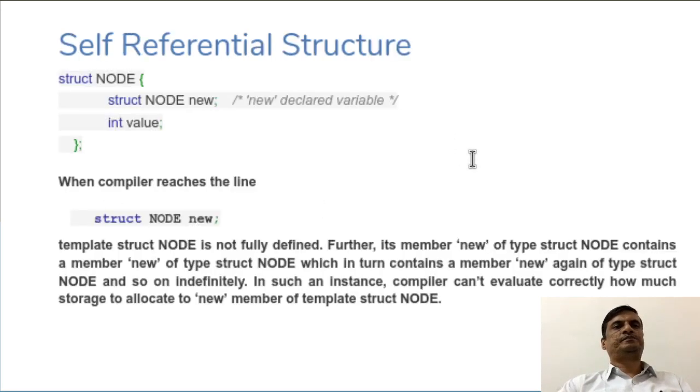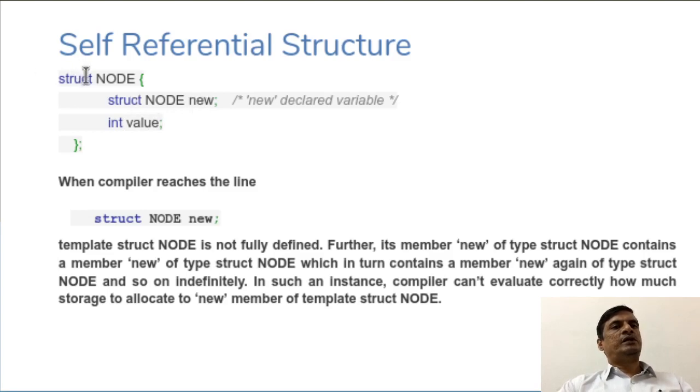Followed by that, we discussed the most important part of data structures, the self-referential structure, where we use the node within the node, or the structure name within the structure. As I told in the previous class, you need to clearly understand that whenever you encounter a variable declaration like int value, the compiler understands that the value needs 4 bytes or 8 bytes depending on the machine, so it will reserve the memory.